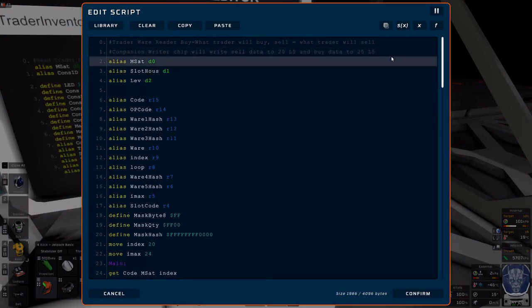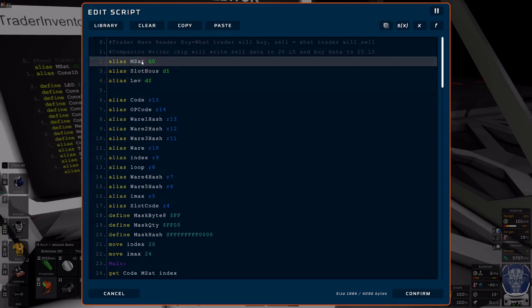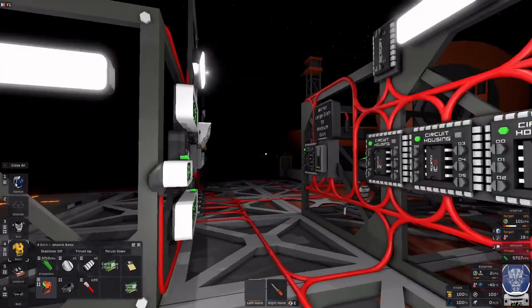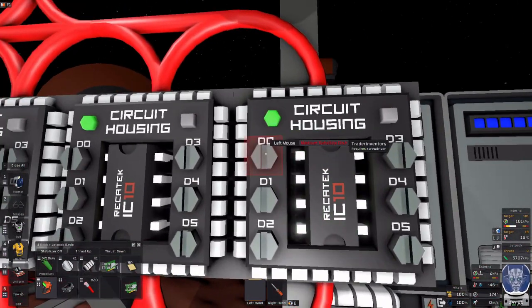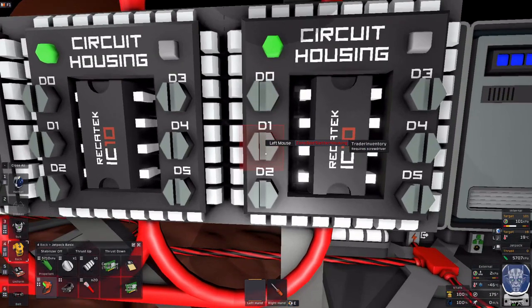This one does not have any devices for you to do. All you need is the first 3. You just need a 3 device pin set. So, device pins for trader inventory. D0 is your medium satellite dish. D1